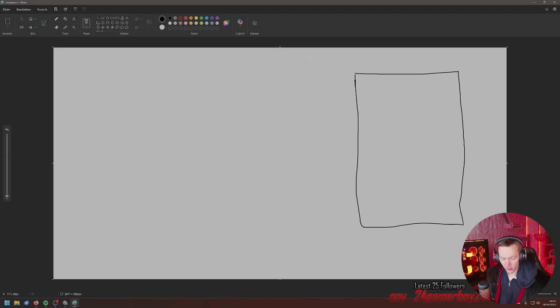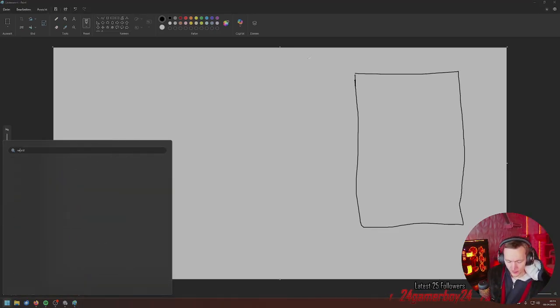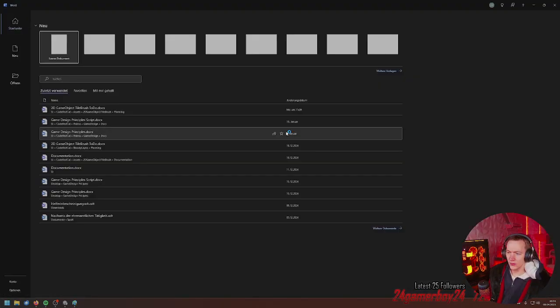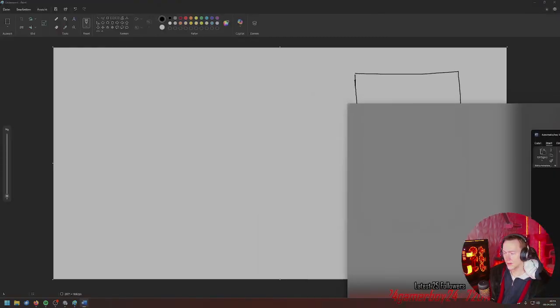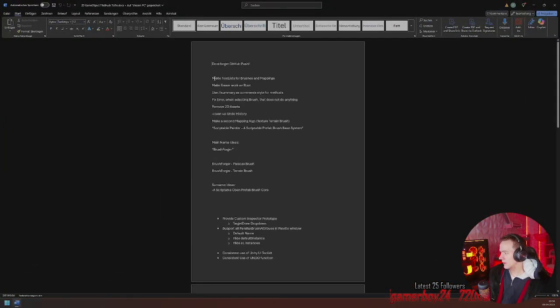So we were going to start planning today, that's the first thing we want to do. It's going to go into the word list. We still have to make the tool list for brushes and mappings, and that's basically what we are going to work on.